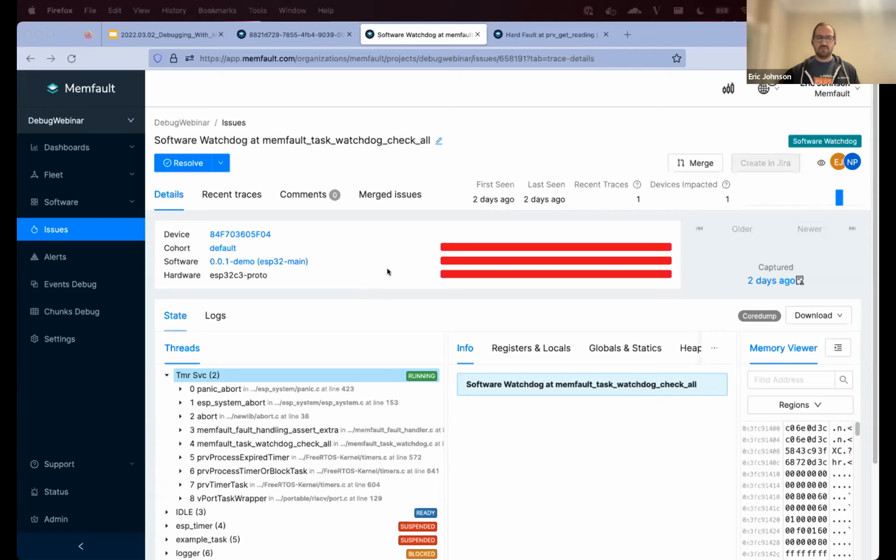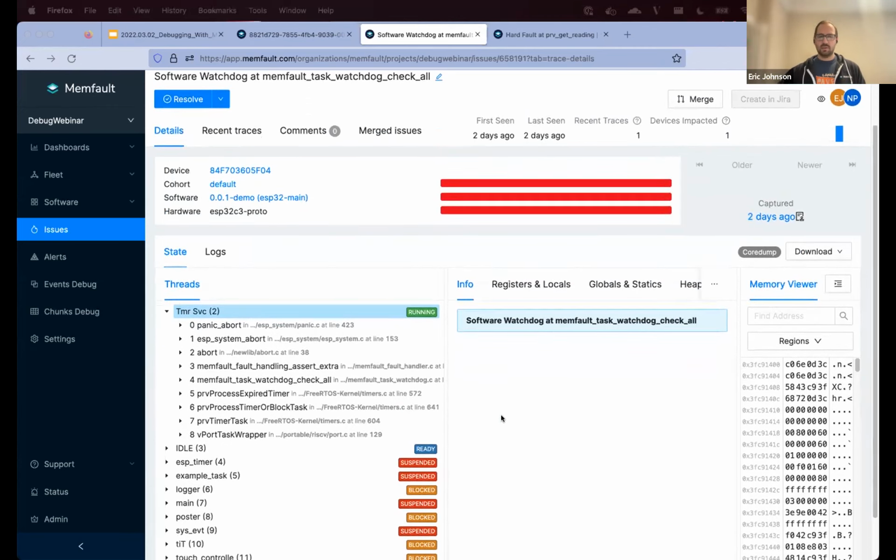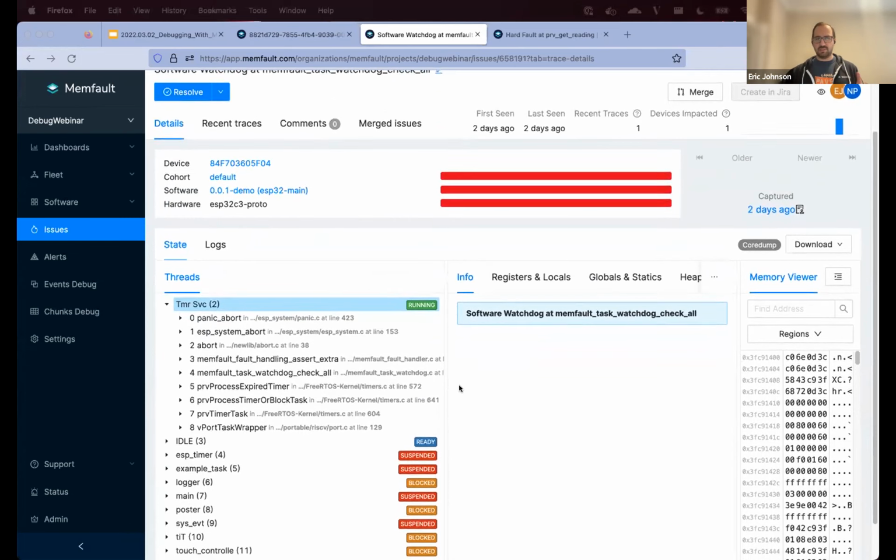In this case, we've implemented our task watchdog, which is provided as part of the Memfault MCU SDK, but other operating systems also provide their own. Zephyr, I think, either FreeRTOS or ESP-IDF. So definitely check those out. They're very handy to have, especially when you're running in an RTOS environment. So diving into this specific